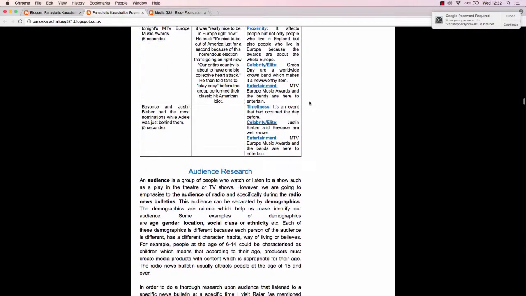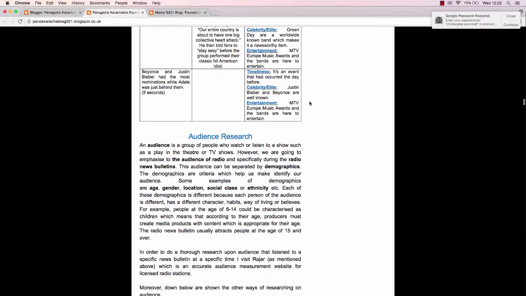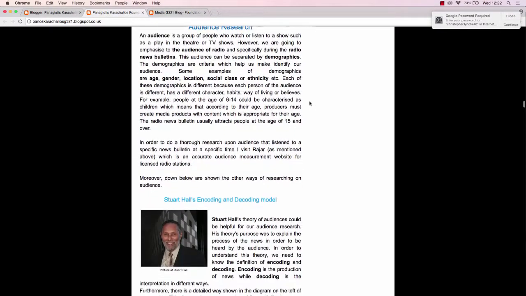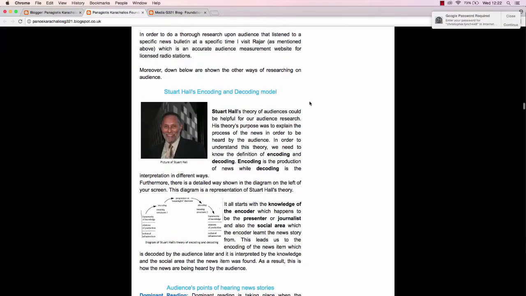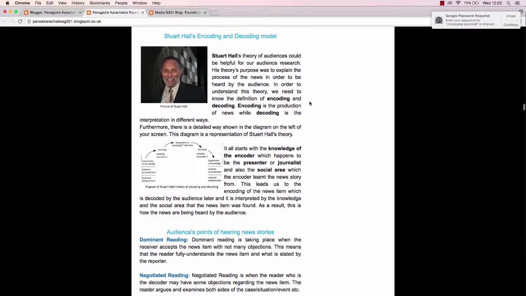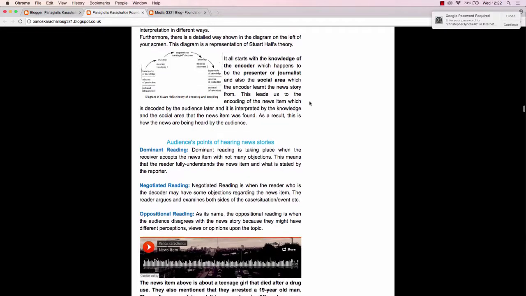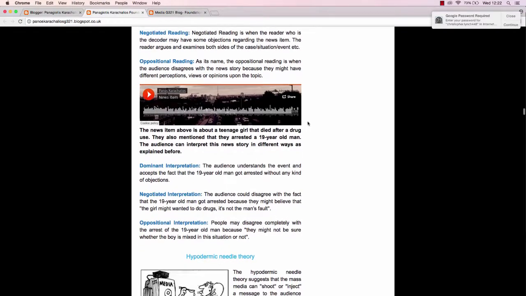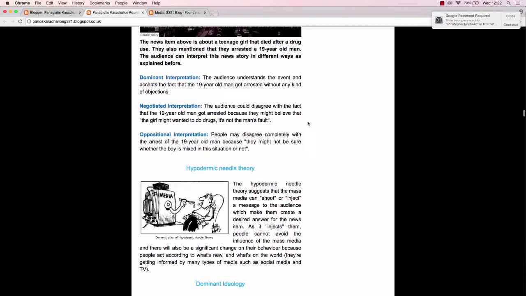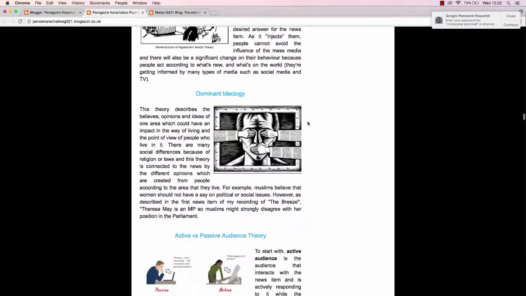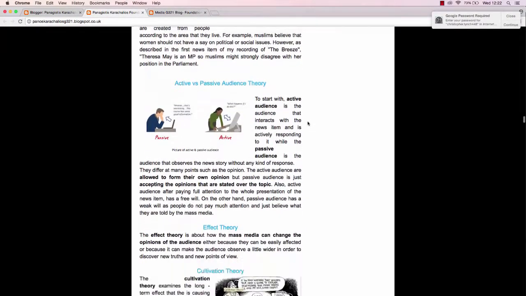Later on, there is my research upon audience, where I spoke about demographics, Stuart Hall's theory of encoding and decoding, with a diagram which is a demonstration of his theory, audience ways of interpretations when they hear the news, where I also include a news item in which I show how the audience could interpret it. Also, I mentioned the hypodermic needle theory, the dominant ideology, the active and passive audience theory, the effect theory, and